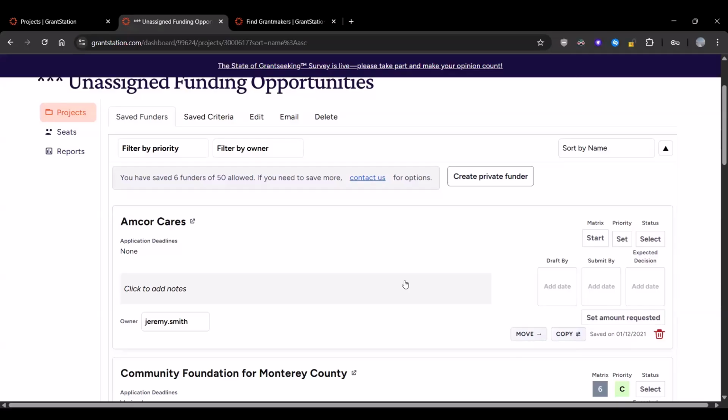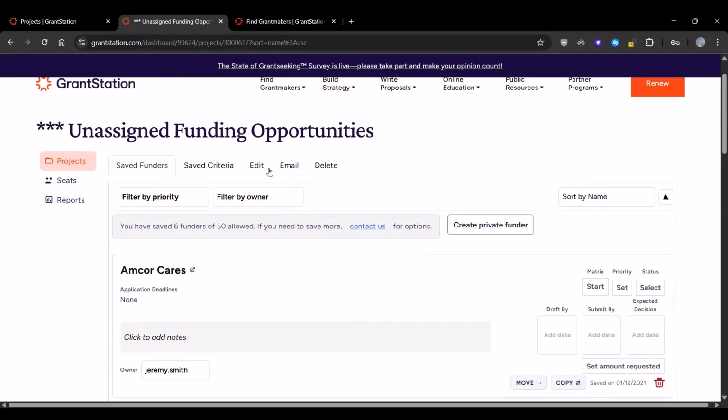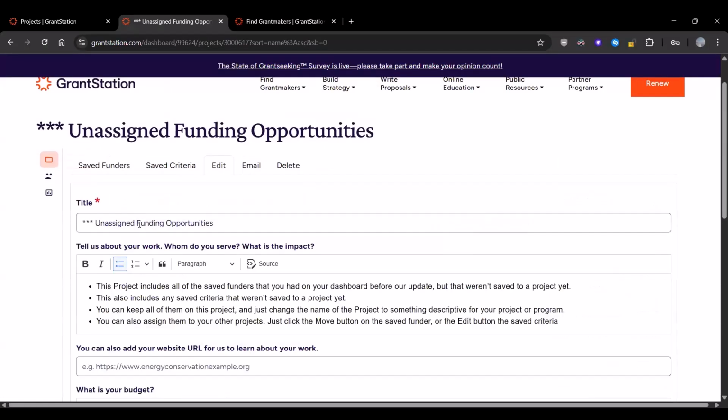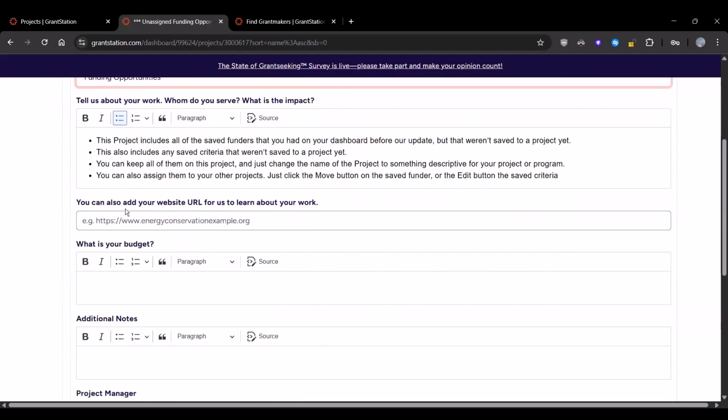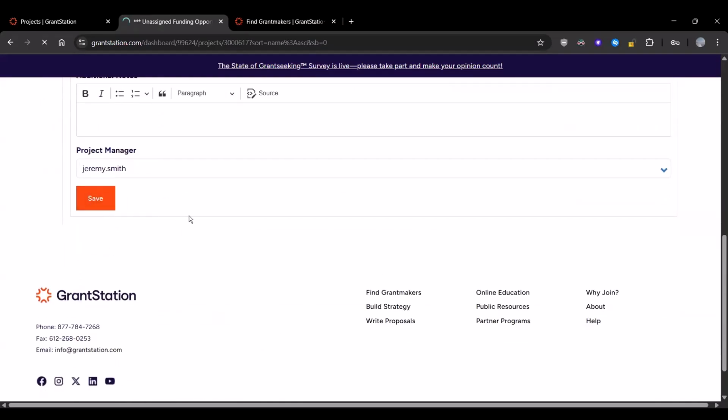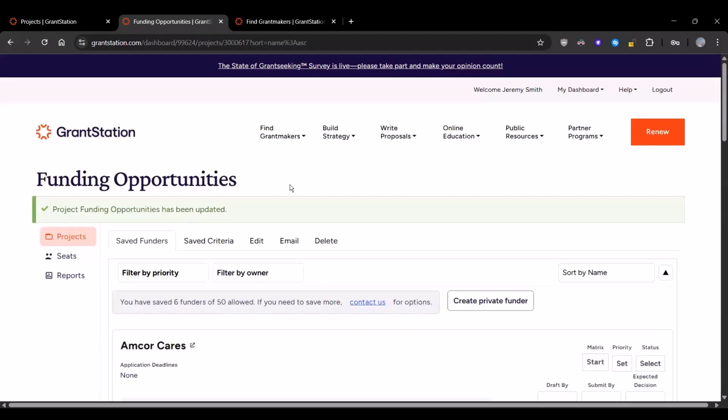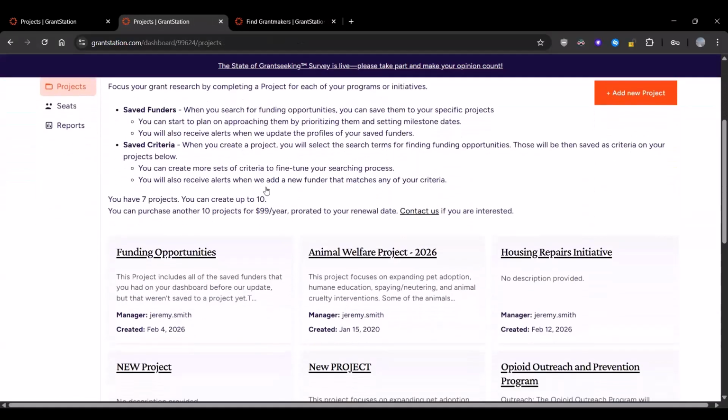Now, there are a few options you have at this point moving forward regarding these saved records. You can simply rename this entire section and just call it saved funders. So we can go into edit. We'll even just call it funding opportunities at this point. And we'll go ahead and click save. Then once this is saved, we have now changed that unassigned to funding opportunities. If I go ahead and click on the projects tab at this point and reload it, we can see there,